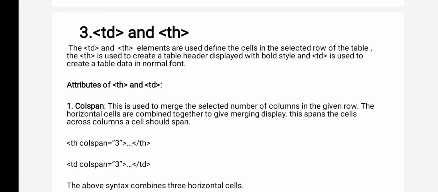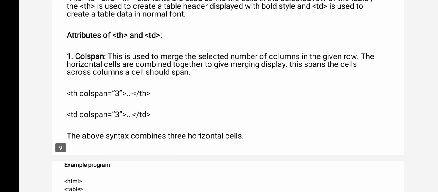TD and TH are both the same, but TD contains text in a normal font, while TH contains text in a bold font. We always want to give some difference between table heading and table content. So table headings are given by using TH and table content is given by using TD.